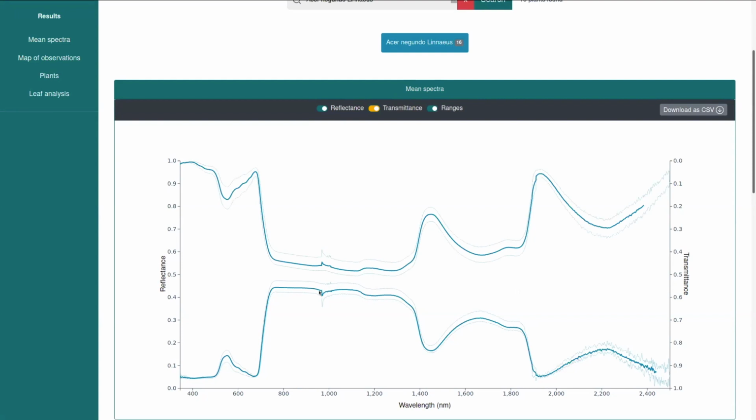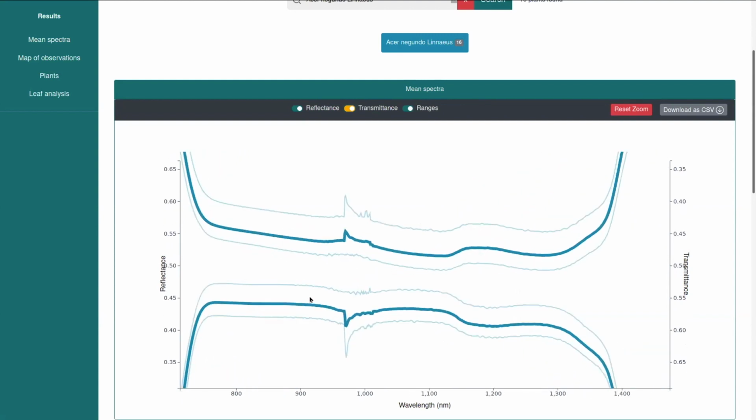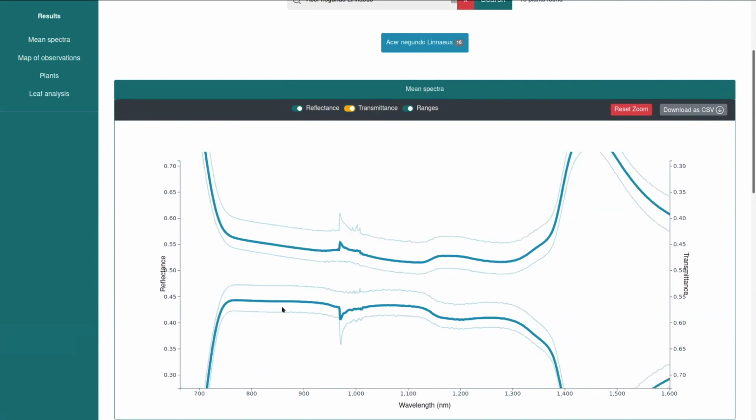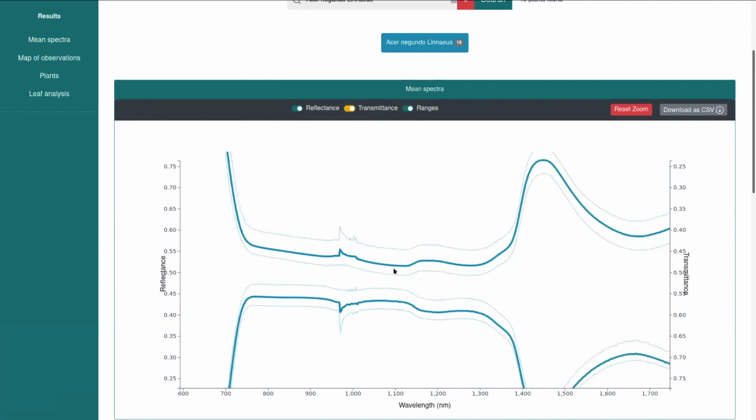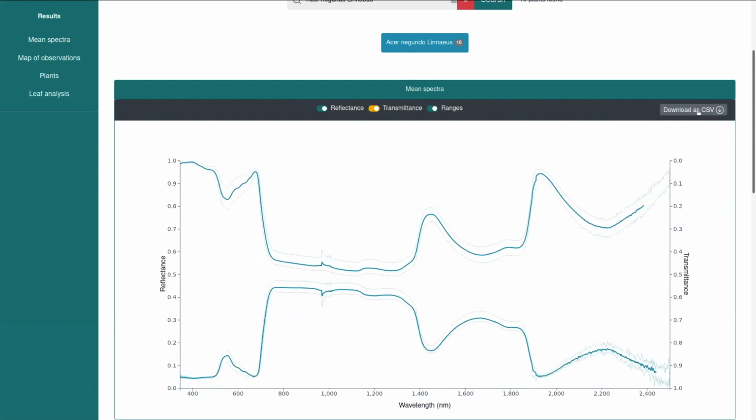You see, I don't know if you see well here, you can zoom in and out if you want with the scroll wheel, or if you're on the tablet, you can use your fingers to zoom in. And you see there's minimum and maximum values for all the 16 plants shown. So there's a measure of variation as well. You can reset the zoom. If you want, you can download the CSV file to reproduce the same graph on your computer with other software by clicking here.